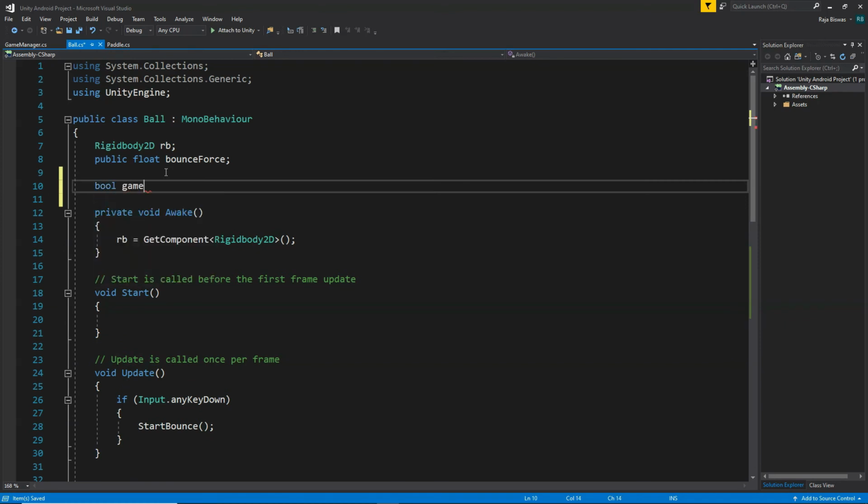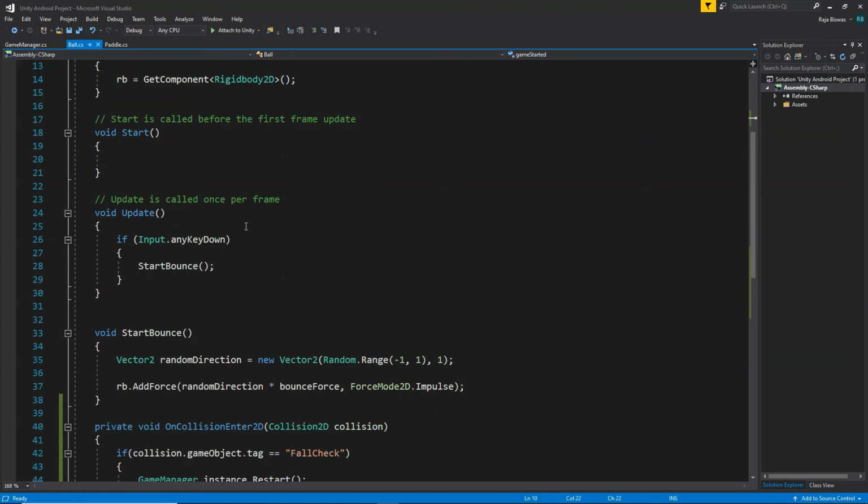bool gameStarted. This variable can contain only two values, either true or false. Whenever the game starts, initially it should be false, and whenever the ball goes up, we're going to set it to true. Initially it automatically becomes false whenever we create a bool variable. Then we're going to say